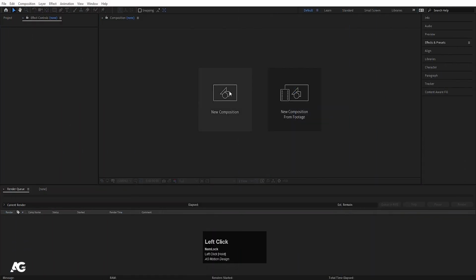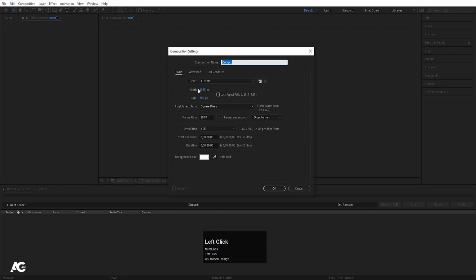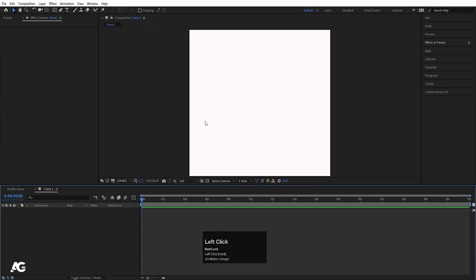We are in Adobe After Effects. We will create a new composition. As always, width I'll choose 1920, height I'll choose 180, frame rate we will choose,